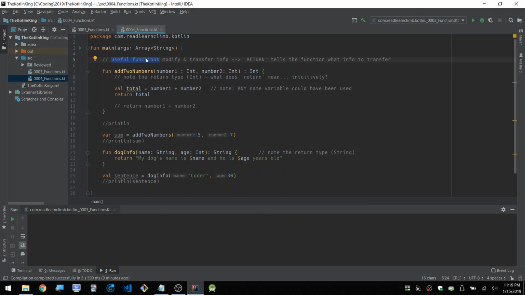And I like to think of the word return as it telling the function what information to transfer. Not transfer to be used, transfer to be displayed later, but again, what information is being transferred or returned as a result of the function. So if we look at the first example, a function called add2numbers, it requires two variables, also called parameters, but I'm going to think of it as two